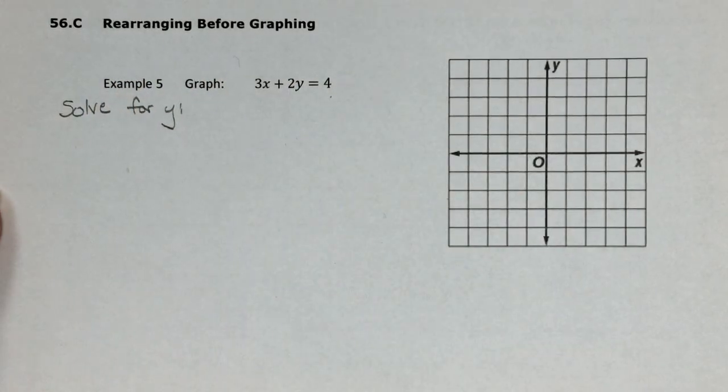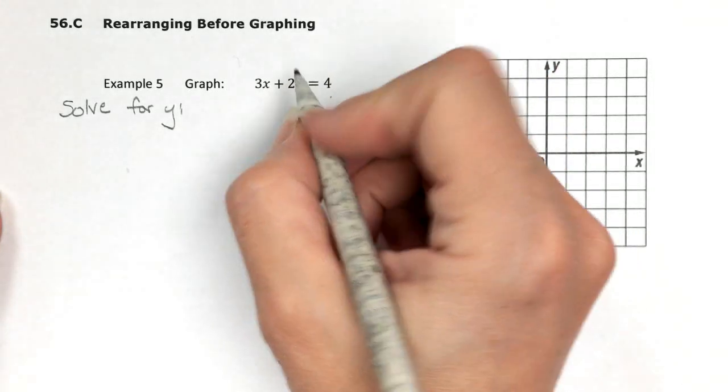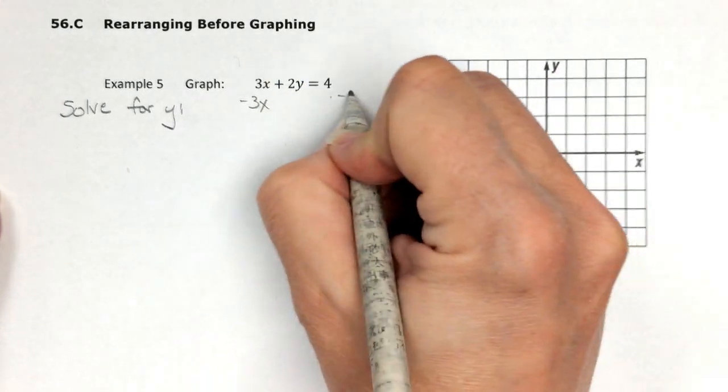Always solve for y. So that means I'm going to subtract 3x from both sides. It's not a like term with that 4, I didn't line them up. So here we have 2y equals negative 3x plus 4. Just get in the habit of putting the x term